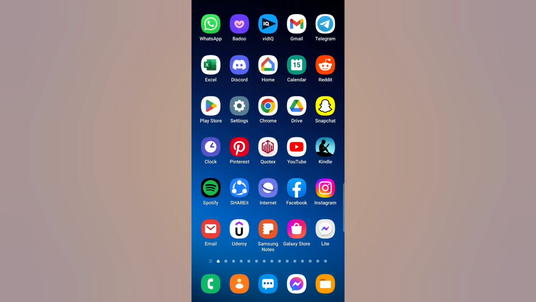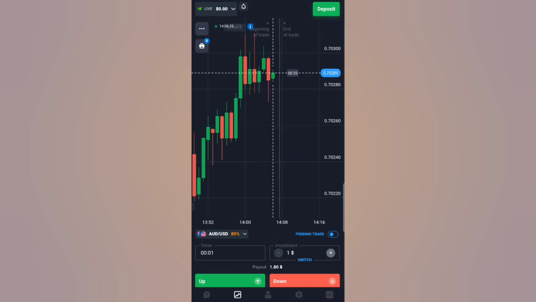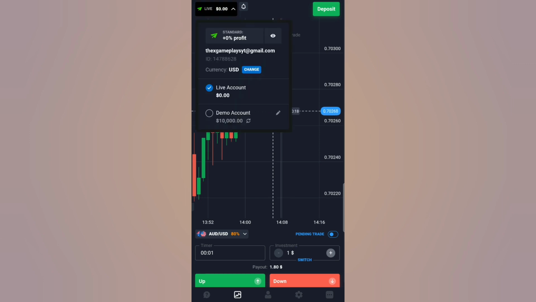It's a very easy process. All you need to do is open up Quotex and log into your account. Once you do that, click on the drop down at the top left of the screen, from which you can see the type of your account and your balance. Click on it, and in the first section you can see it says currency USD, and there's a button next to it that says change. Click on it